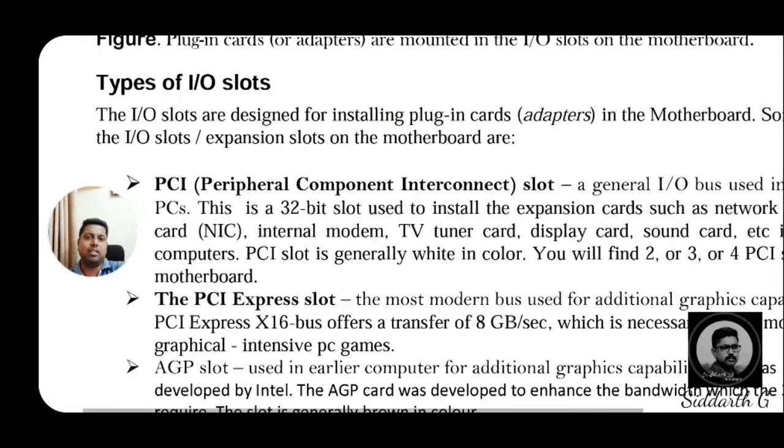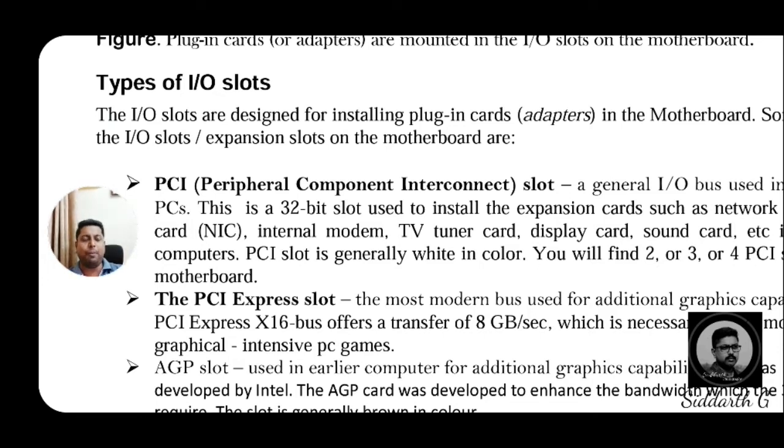The first one is PCI, peripheral component interconnect, a component used to connect IO buses to the devices. It supports 32-bit. As I said earlier, some operating systems support 32-bit as well as 64-bit.